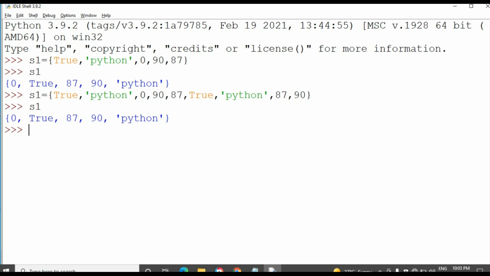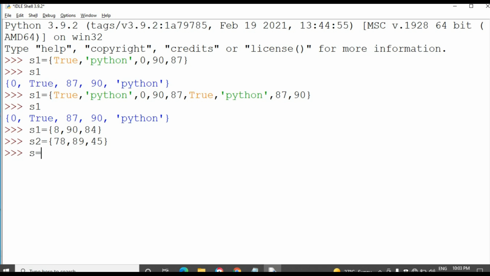That means the tuple, list and string all allow concatenation and multiplication, but the set does not allow multiplication and concatenation. Let's see an example. I am taking set 1 as 8, 9, 90, 84. Then I am going to take set 2 as 45.